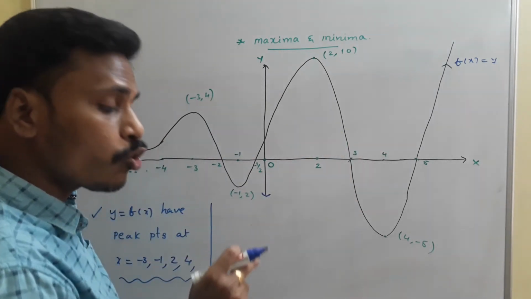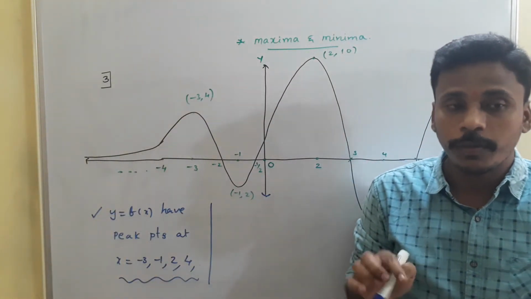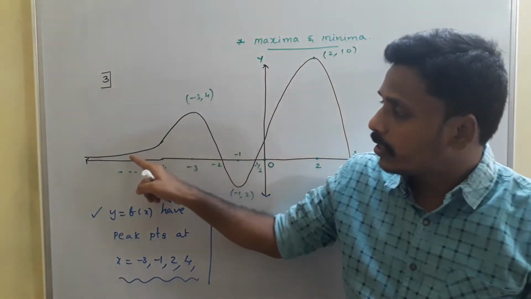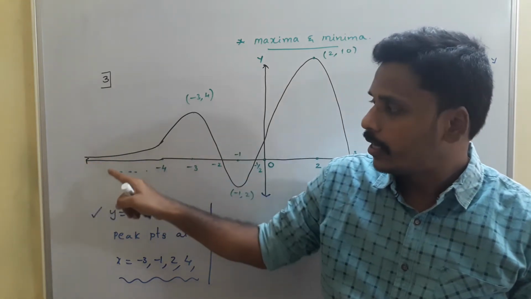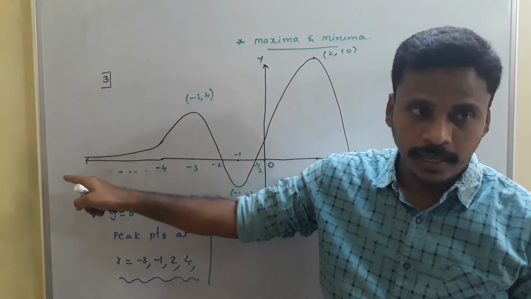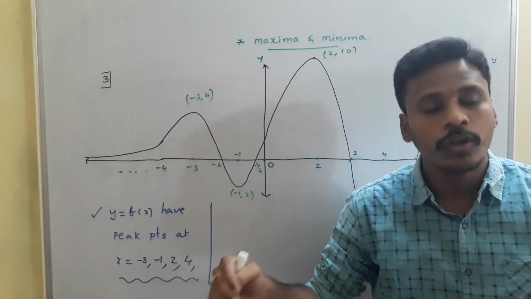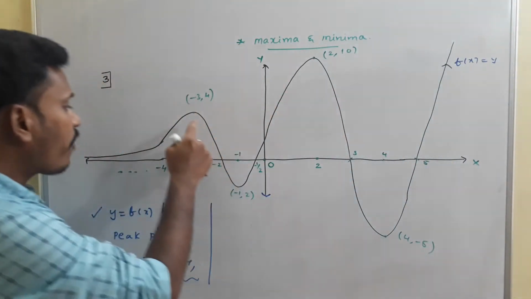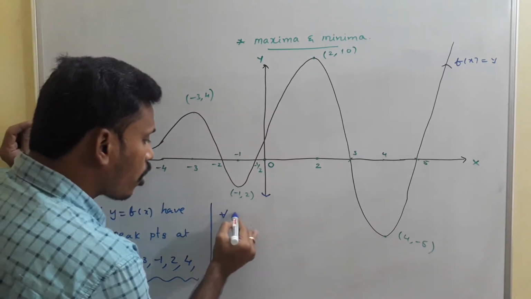But there is a chance to say the minimum value for y is equal to f of x, because the graph is continuously decreasing and it is almost approaching the x-axis. Okay, see, just the graph is like that. This is almost approaching the x-axis. That means the graph is continuously decreasing and it tends to 0. Since the graph is continuously decreasing and tends to 0, for all x belongs to R,